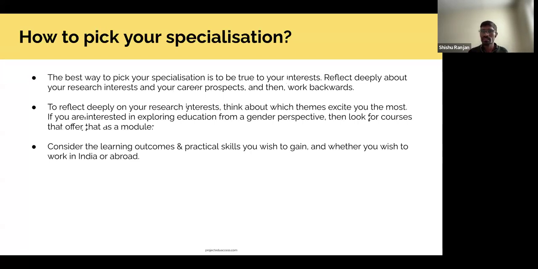More than that, I was interested in how education reproduces inequality in society and in countries, how education is becoming contested, and how political power plays a role in education. That's why I picked this course. It links with the learning outcomes of the course and how it will help me in my future research. So this is how you can pick the course. Now I think over to Shireen.